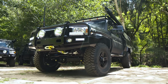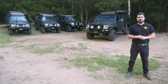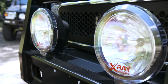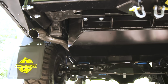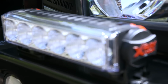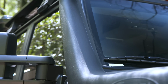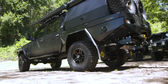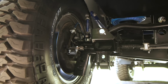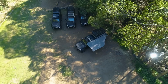The Gulf Spec SUPERTOURER is the perfect platform for an off-road touring vehicle. We also have a comprehensive list of options that can be added. This particular build includes second battery kit, driving light kit, coil conversion, 180 litre fuel tank, an ECU remap and 3-inch exhaust, shoulder light kit, onboard compressor and inflation kit, towing pack, window tint, diff breather kit, P-core 3/4 canopy, spare wheel mounts, drum to disc conversion, complete vinyl wrap, roof rack platform, roof mounted solar panel,